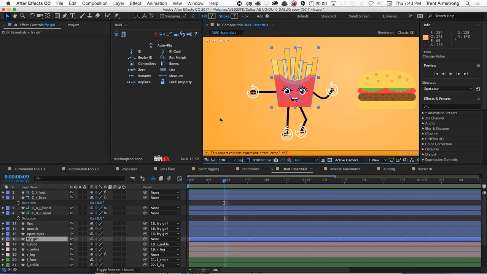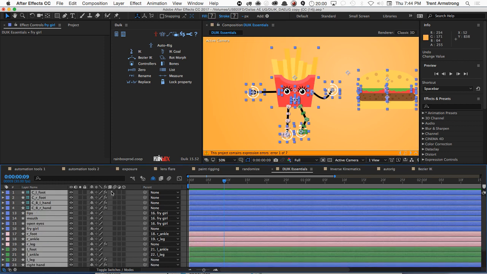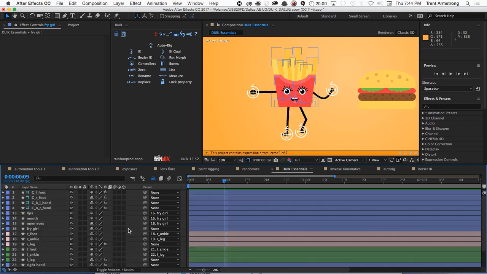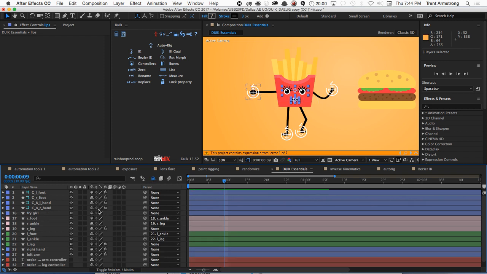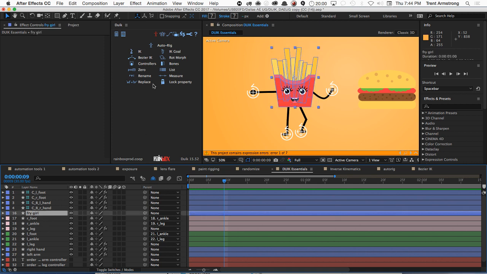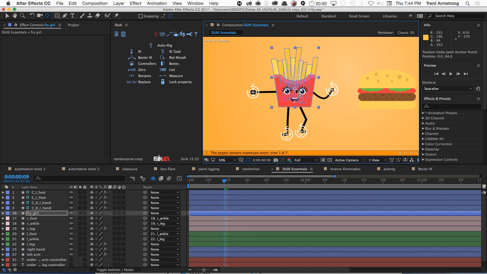Okay, so this is a problem. Let me fix that. What you will find is, again, it's kind of like when you have a really complex animation where you're creating a number of nulls and adjustment layers and things like that. Before you know it, you have more stuff than you know what to do with. So what we do is we've chosen the Fry Girl, and let me move the anchor point down a little